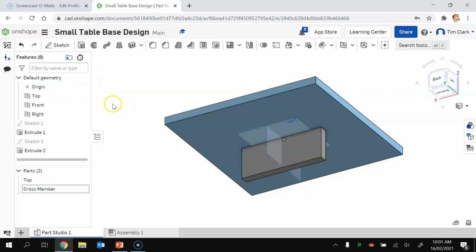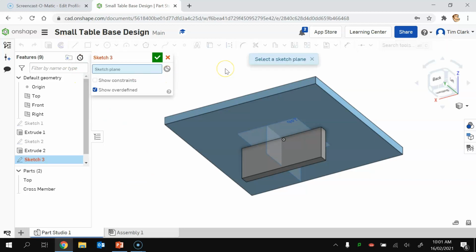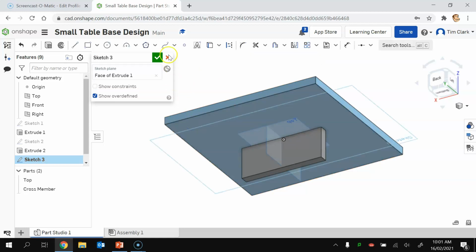At this point, we're going to do some copying. I'm going to press enter to select that. We're going to do some copying or some patterning because this particular item works in patterns. So I'm going to draw in a sketch, and I'm going to draw in a circle because we're going to use the circle pattern. I'm going to draw it on the base of the top, so the underside of the top, and I'm going to draw a circle looking from the bottom,